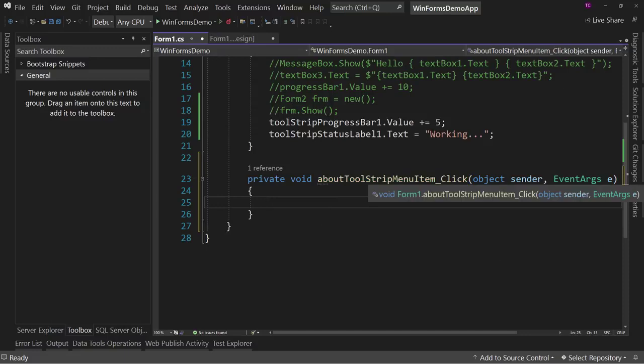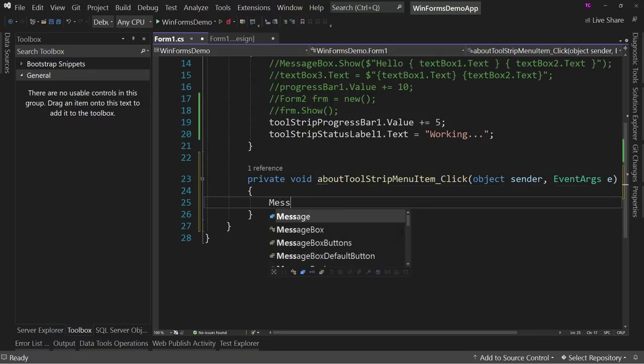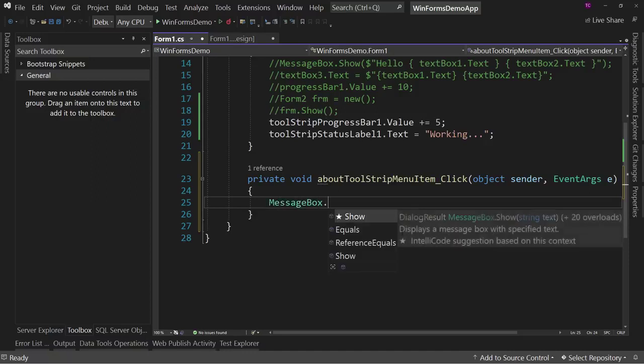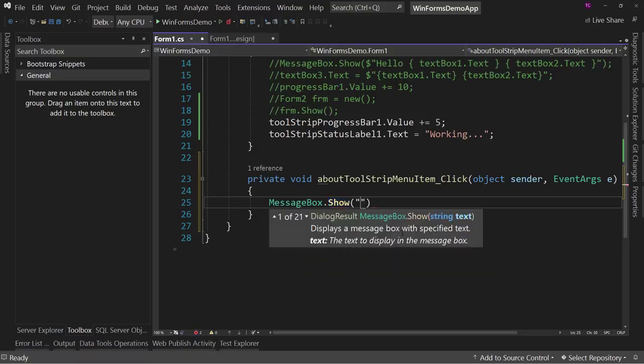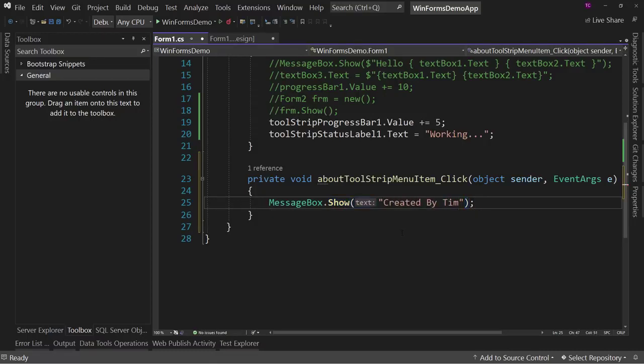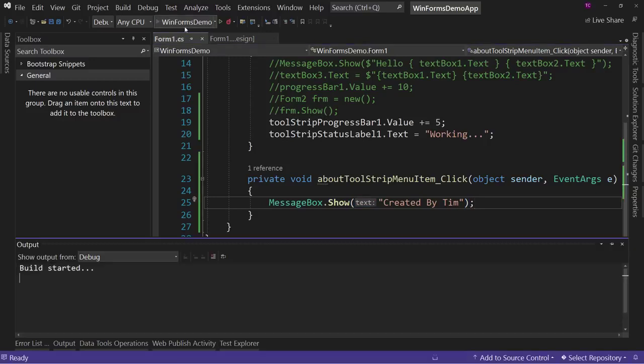So this is the click event for that menu item. Now we're just going to say message box, which is just that little pop-up box that is pretty standard in Windows Forms. It comes kind of baked in. It's the simplest way to show data. So we're just going to say "created by Tim." That's our entire About menu. But if we run this now,